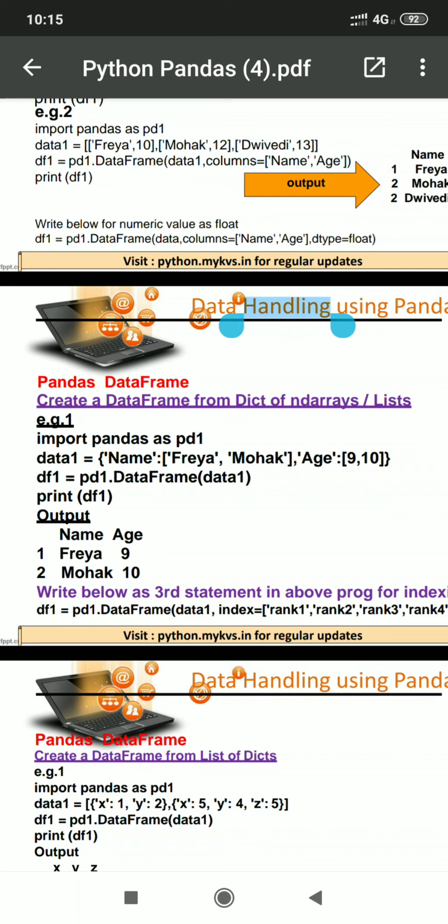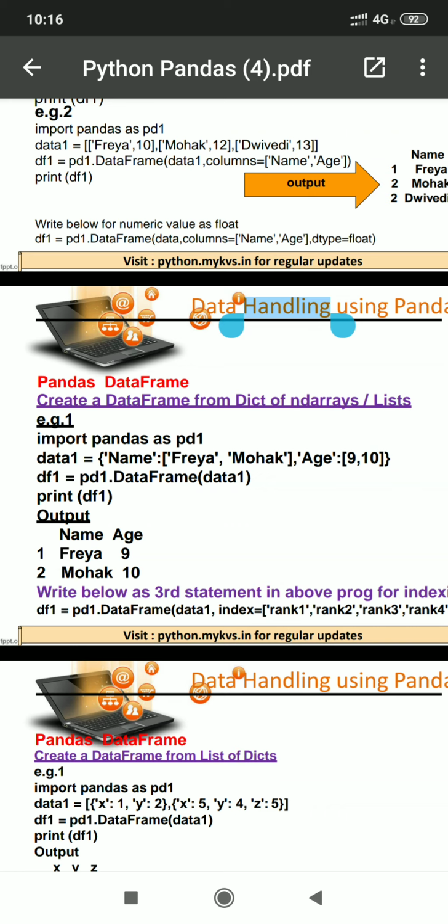import pandas as pd1. We have to first of all create the pandas object. Then after, the dictionary; here we are creating a dictionary. One column name is name, which will hold all the names as a single entity in the form of a list.